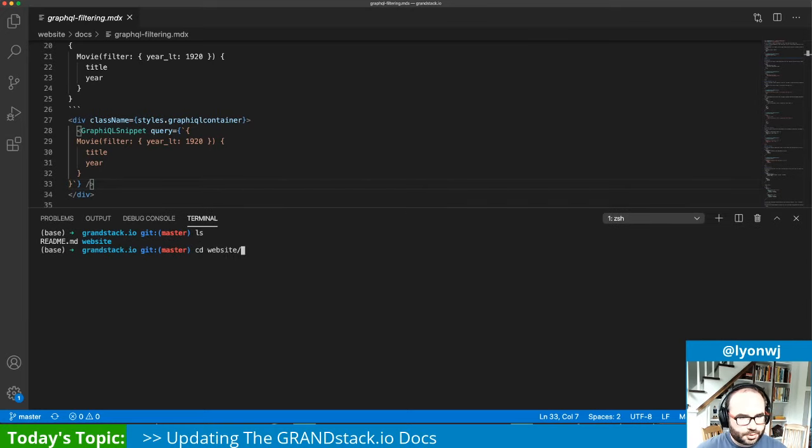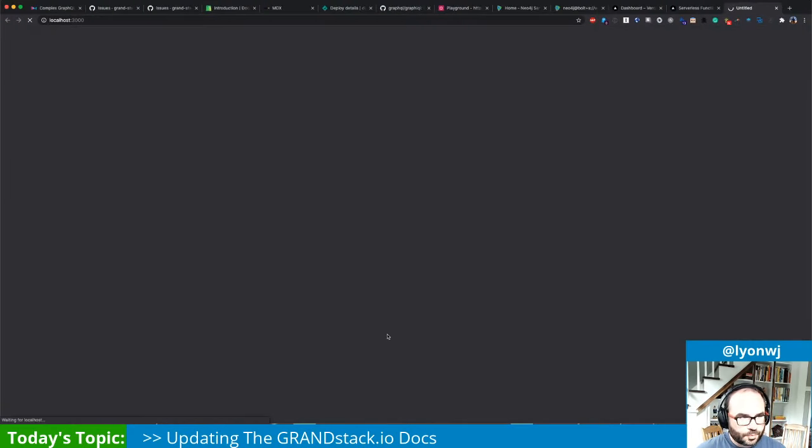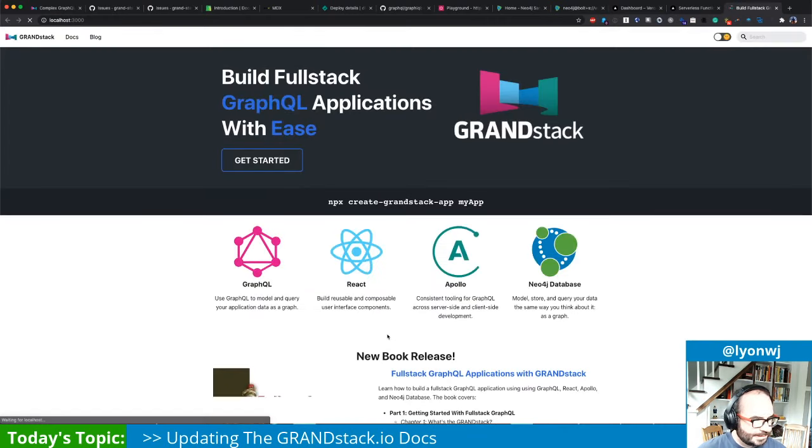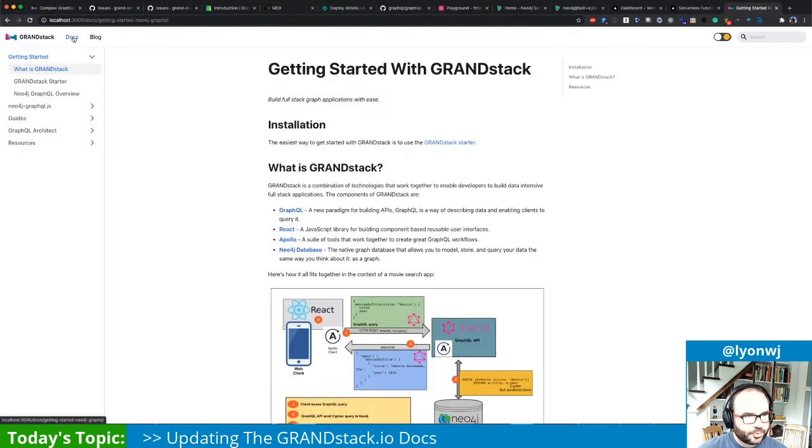I'm going to go into the website directory and npm run start, and it's going to start up the development web server. So now we're loading this off localhost, and if we go to docs,